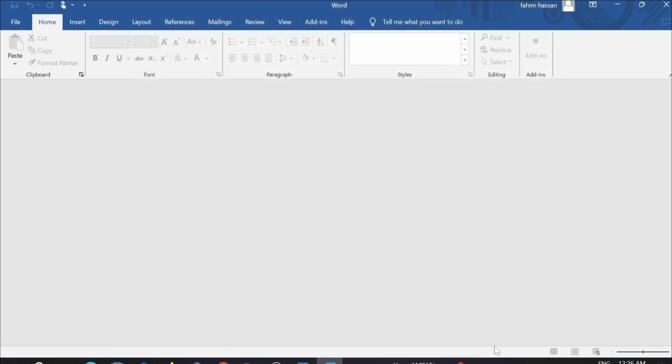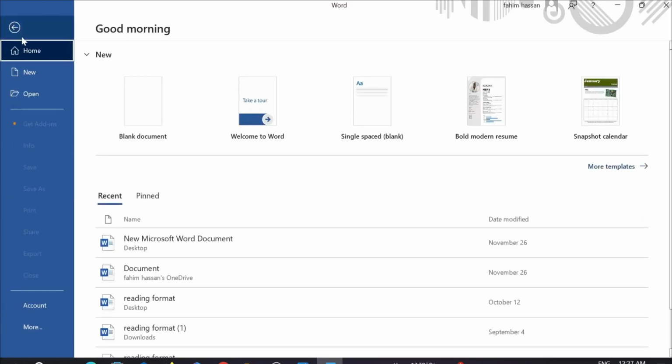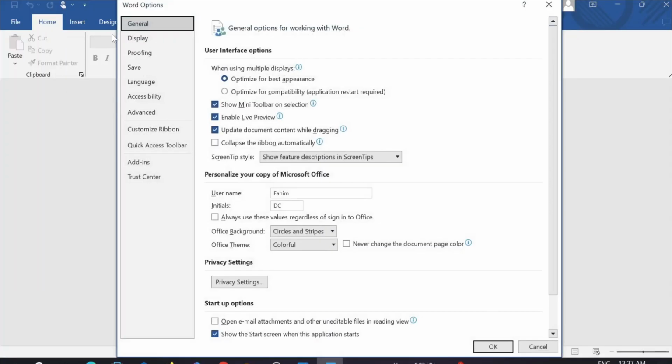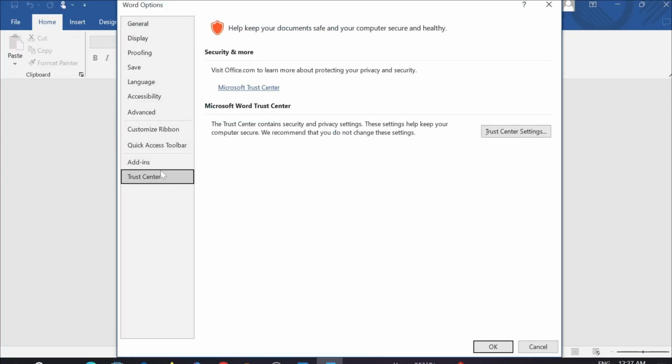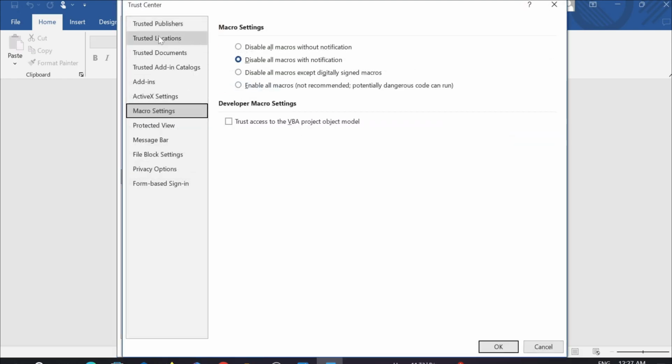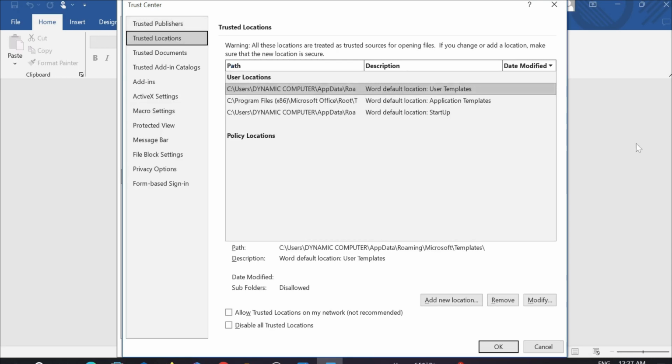And then select OK. And we have to do another process. And now go to File again and select More and select Options. And now go to Trust Center again, Trust Center settings, and here go to Trusted Locations, and here click it